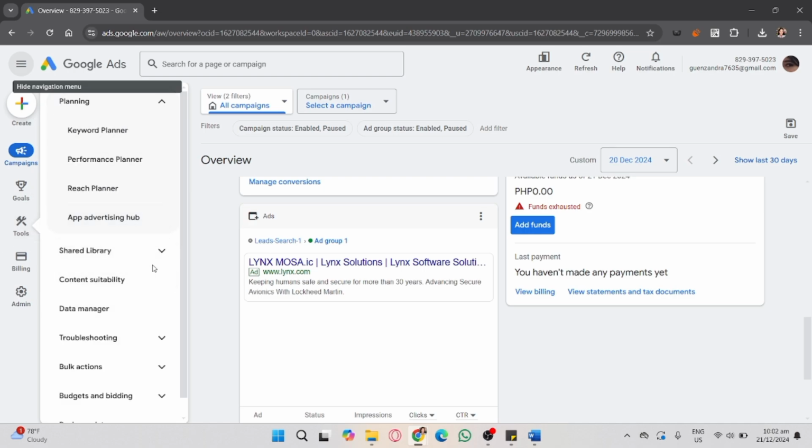content. And that's it. That's how to fix the number of ads you can show has been limited in Google